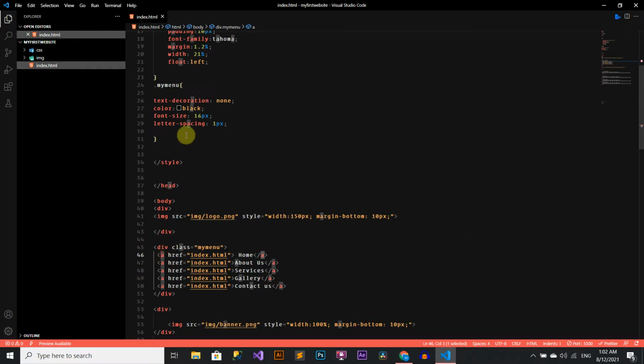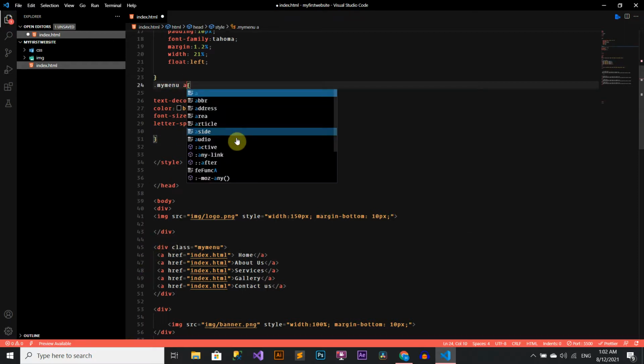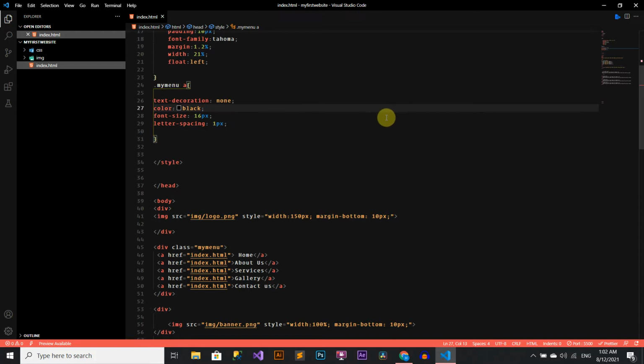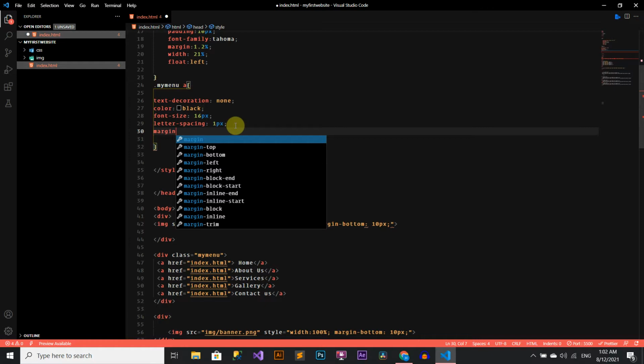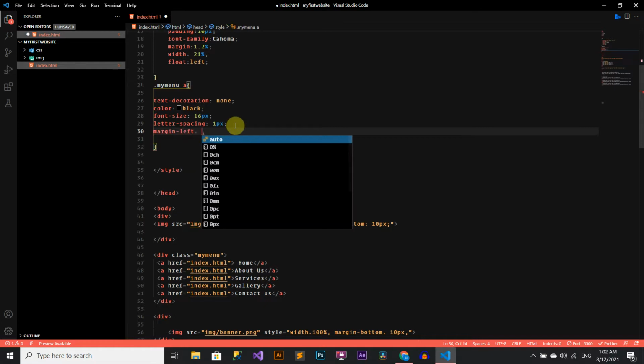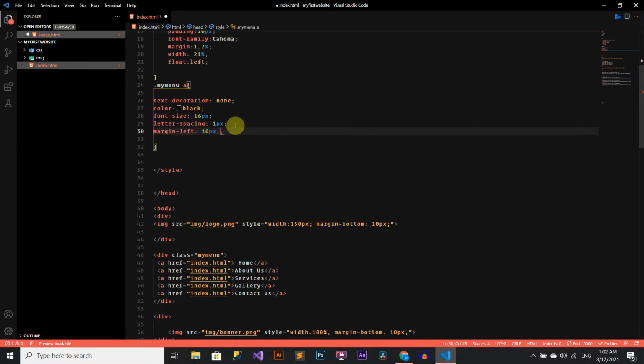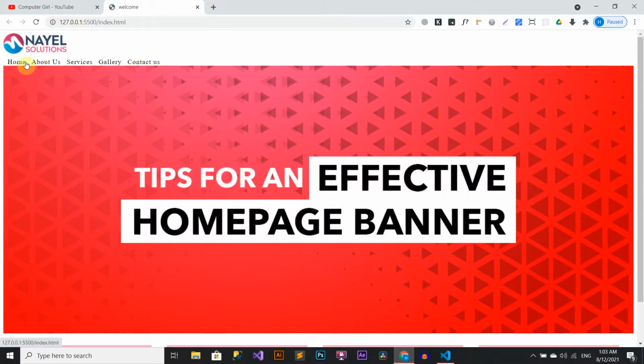You just need to add space A after CSS class name, and now all the style will focus on all the anchors. So we will add here margin-left equal 10px. Now check, you can see space between the anchors.